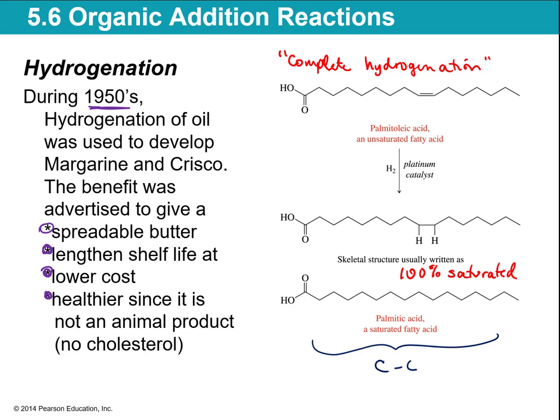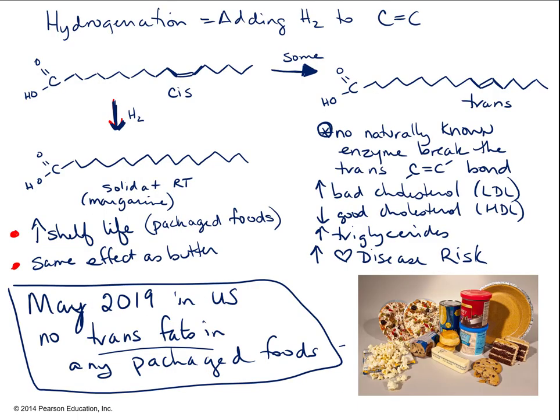By making it saturated, remember those are like knives in the drawer. Those can pack in nice and tight. And this allows this to become solid at room temperature. But in truth, the way that they do hydrogenation is they don't do complete hydrogenation. So yes, 99% ends up being completely hydrogenated and going from that cis double bond to being solid at room temperature as margarine, but there is a small amount of